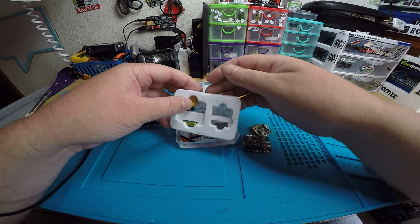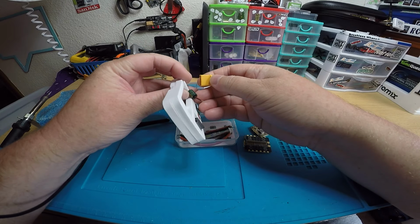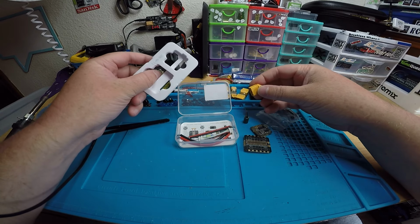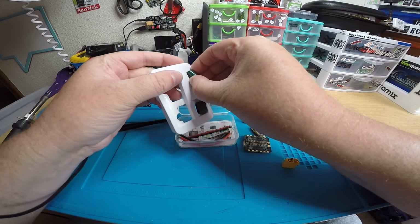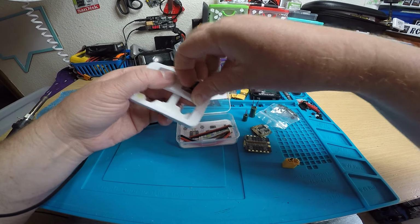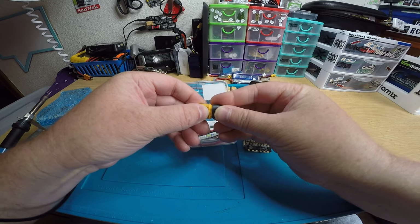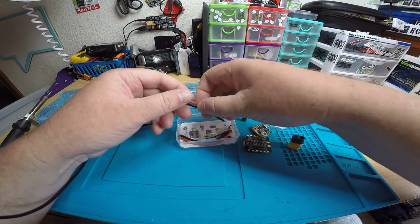It actually comes with an XT60 instead of an XT30, so you know it's made for going on bigger quads. Oh, it gives you two different caps, so a smaller cap and a big cap. There's the 10 35 volt, and this is 220 35 volt. My favorite XT60 with the cap on it. I love these XT60s. I wish they would make different colored ones though. And then you get some...